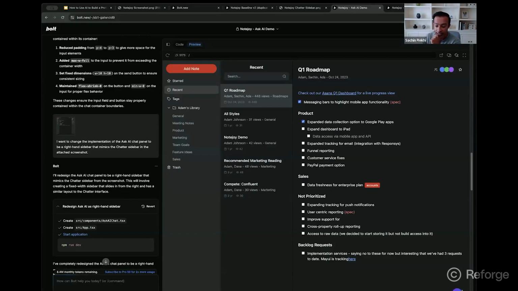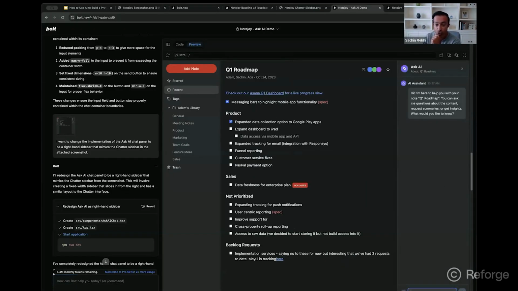And so you'll see here, that's exactly what's happened. It's created this sidebar that looks very similar to the chatter sidebar. It's a fixed pane sidebar, similar background colors. And so this is often a technique I use where I'm going to find some inspiration either already from my product or frankly from other products and feed it in as a way to really inspire what direction I want the design to go in.